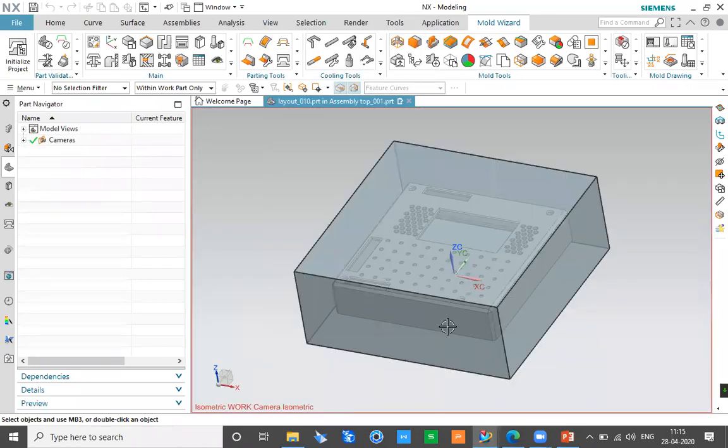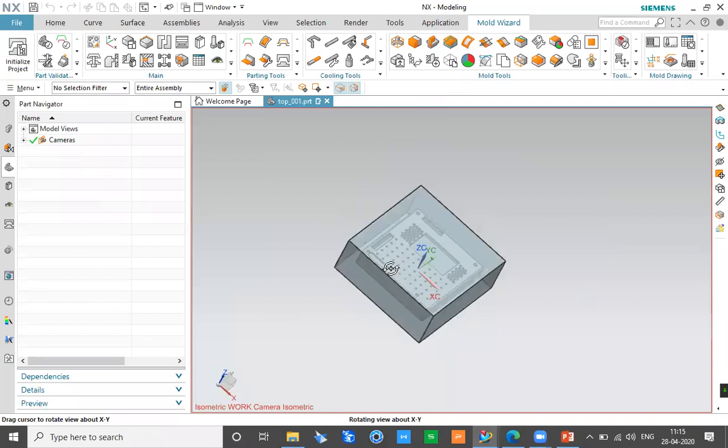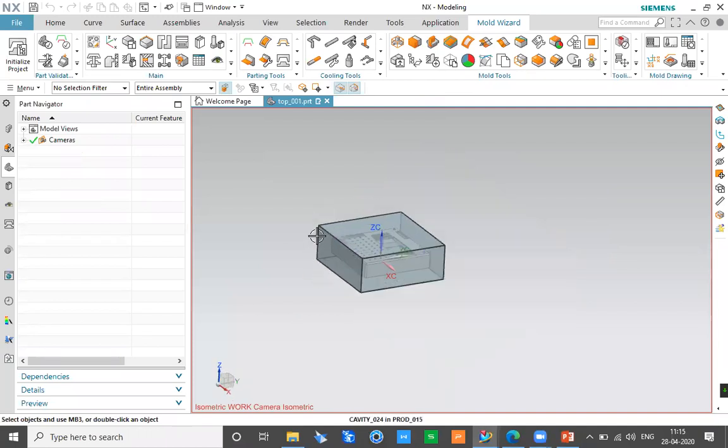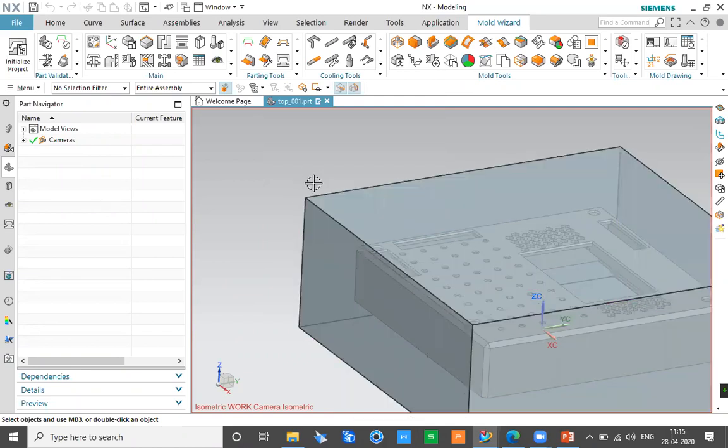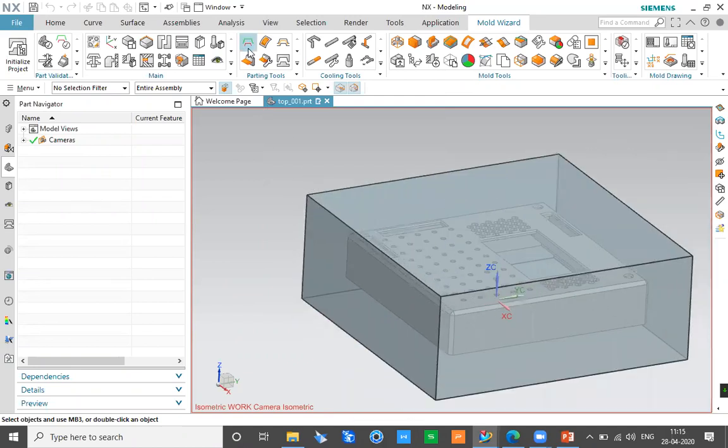And now we can continue with the extraction of core and cavity. Here we have the workpiece ready, which is very fast and very intuitive. Next, if I want to change the style of the workpiece, with, let's say, some sort of collars and other information, I can definitely add it to this workpiece as well. And then I can continue with the process of extracting the core and cavity.